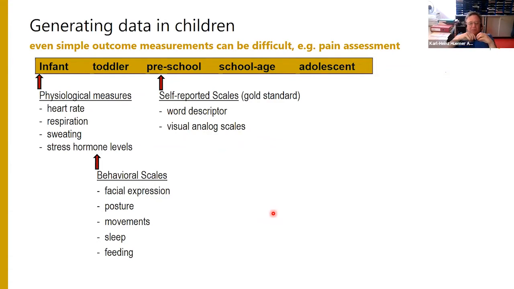This is just an example of how different age ranges demand that we consider different endpoint exploration. So this is simply: what can you do to assess and quantify pain in different age ranges? What you would use in adults are patient-reported outcomes, a visual analog scale, some comparative questions or things like so. That works, yeah, maybe down to children that at least have a very well-developed language capability to